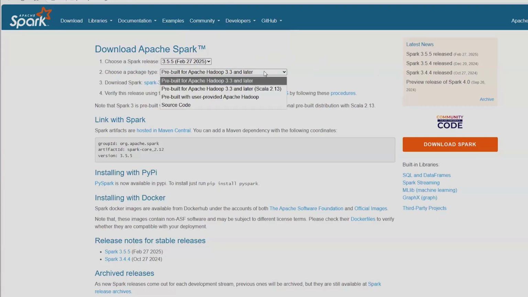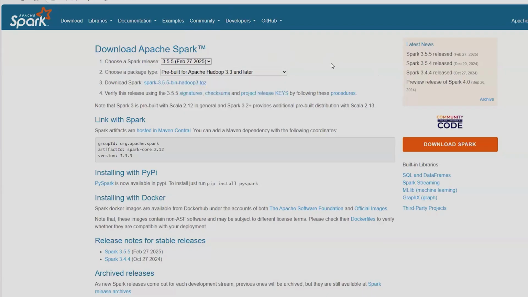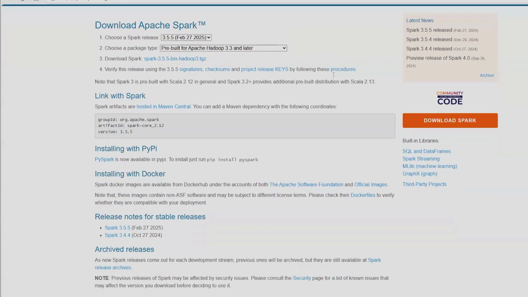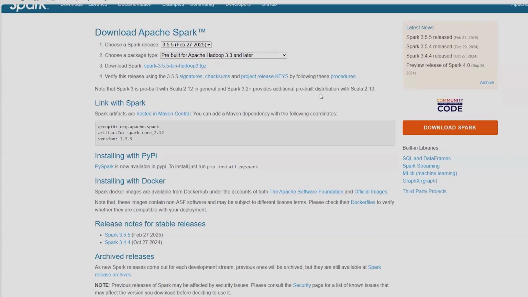Then we've got this, it runs on Hadoop, as you can see, pre-built for Apache Hadoop 3.3 and later. So you can go for that and get this information. If you see line 3 here, you see spark-3.5.5-bin-hadoop3.tgz. So here you need this for the configuration